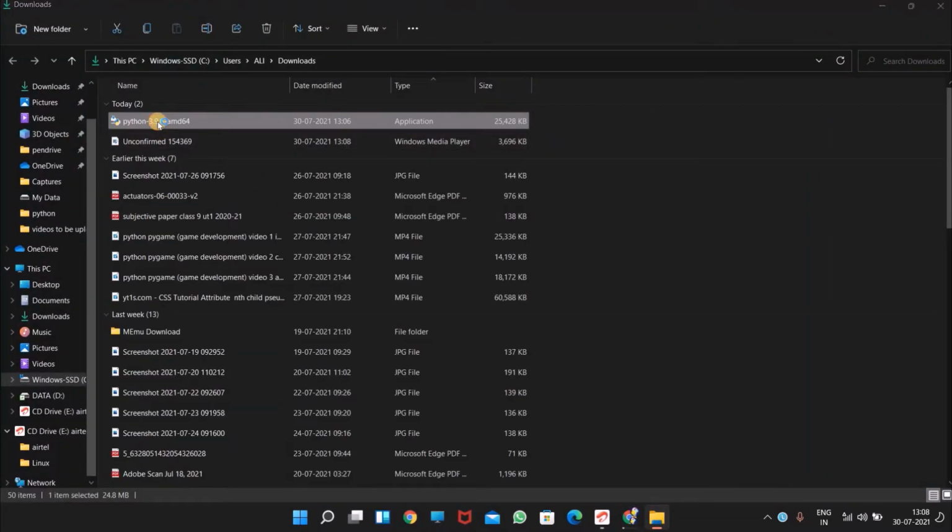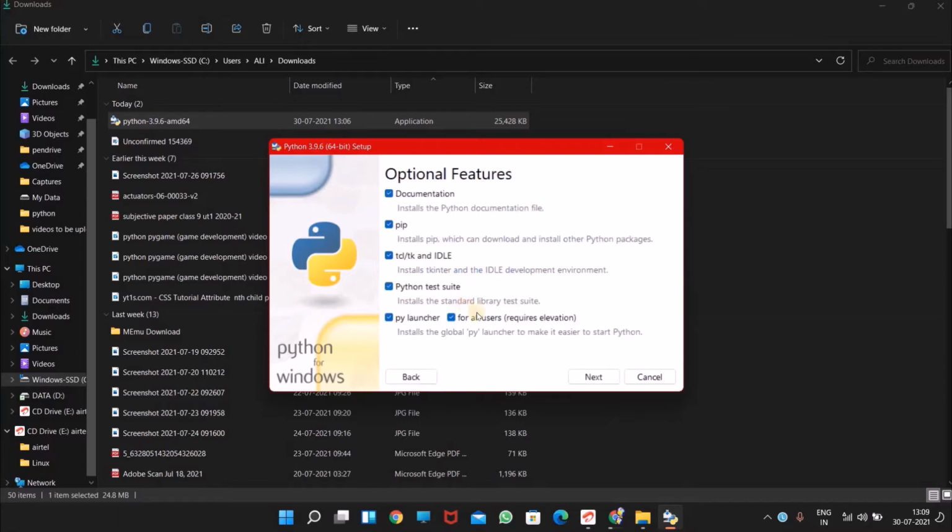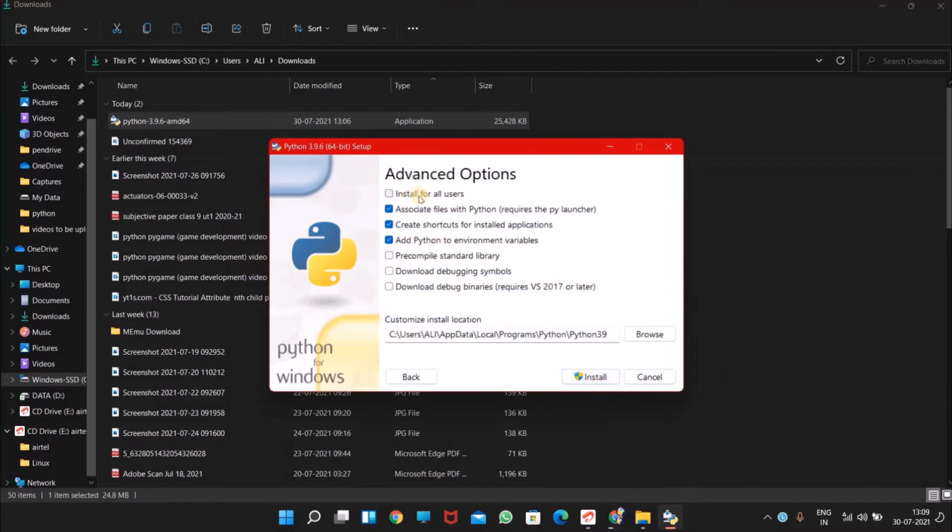So we will open this Python 3.9.6, and here you first need to check this, add Python 3.9 to path, and if you want to customize you can customize optional features, all those checkboxes, and the advanced option, install for all users, and after this you can install that basically,